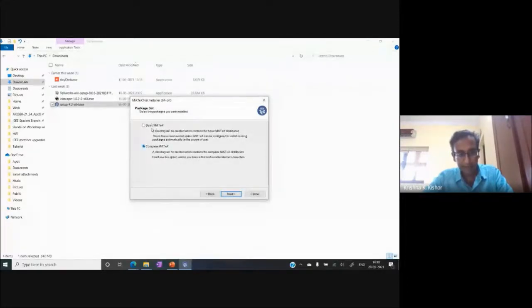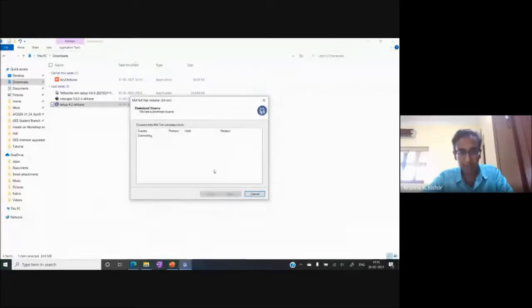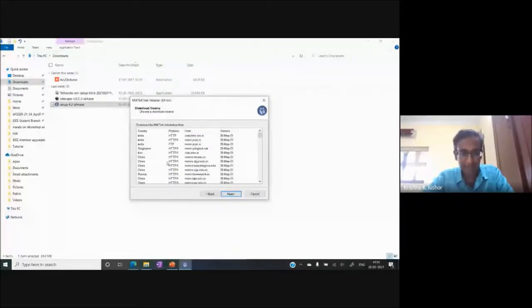The next step will ask for many mirrors from where it is going to download. I had a tough time doing this, but I found that the UK mirror works well. It's consistent. I tried a couple from the UK and it downloads fast. I'm not going to click next now because it would start downloading again. After you run this process, it might take about half an hour to download, depending on your net connection.